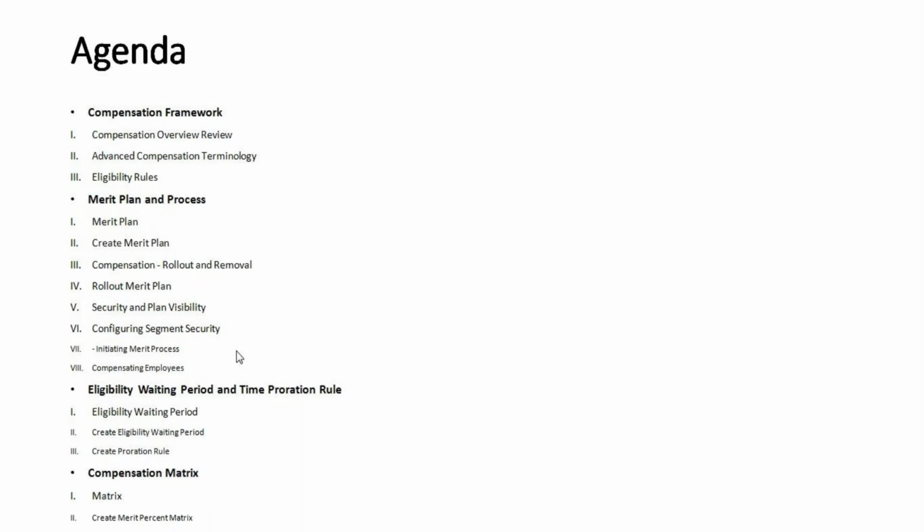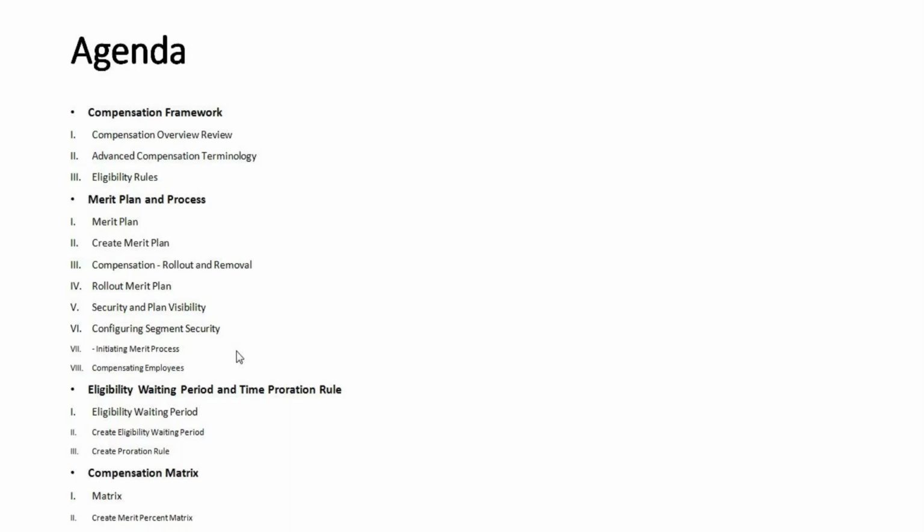Not everyone will be looking at advanced compensation, because the core compensation team will be looking at it, because they are the people who deal with the core configuration related to stocks, bonus, and any kind of merit plans. They are the people who will be getting this advanced compensation knowledge, and they'll be implementing it in their organization. So that is the reason why